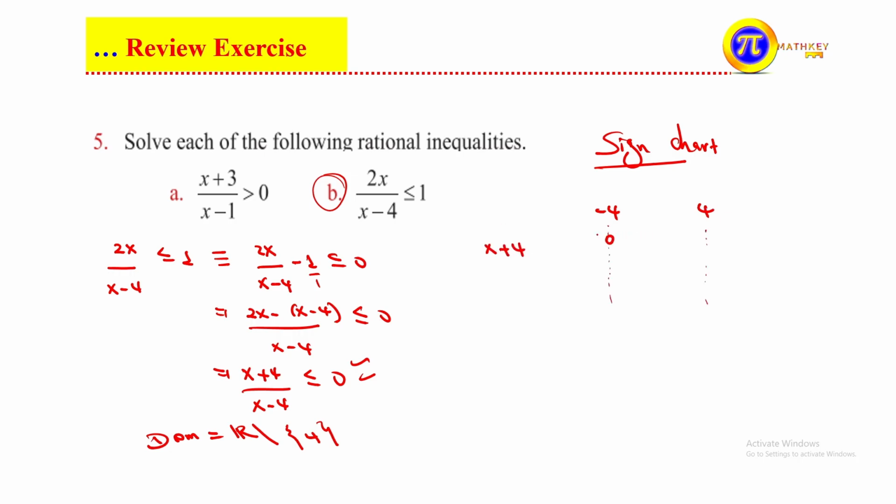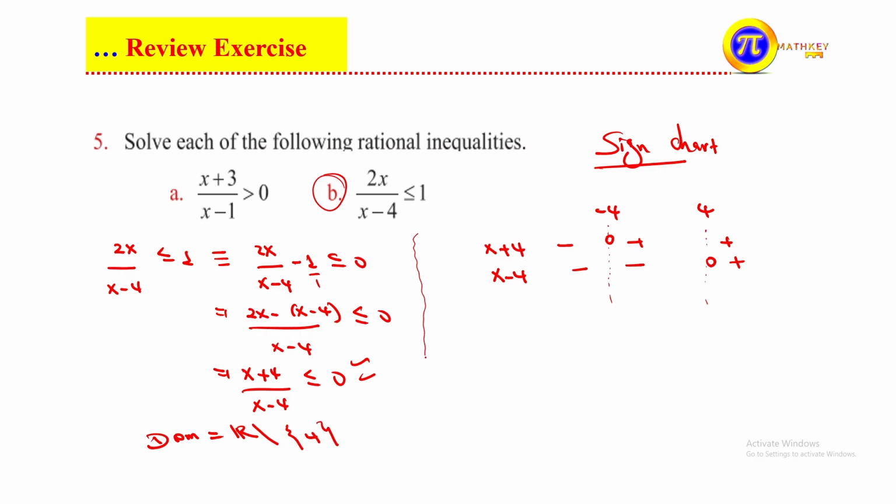So x plus 4 at -4 ላይ ምን ሆነ 0 ይሆናል። At the left of -4 this is negative ነው የሚሆነው, at the right it is positive. Check it by taking arbitrary number ከ-4 left side የሚባል ማንኛውንም ቫልዩ በመውሰድ ቼክ ማድረግ ትችላላችሁ it is negative ነው። At -4 ላይ 0 ይሆናል, at the right positive ይሆናል። Similarly x minus 4 it is 0 at 4 ላይ 0 ይሆናል, at the left it is negative, at the right side it is positive. You can put it like this።